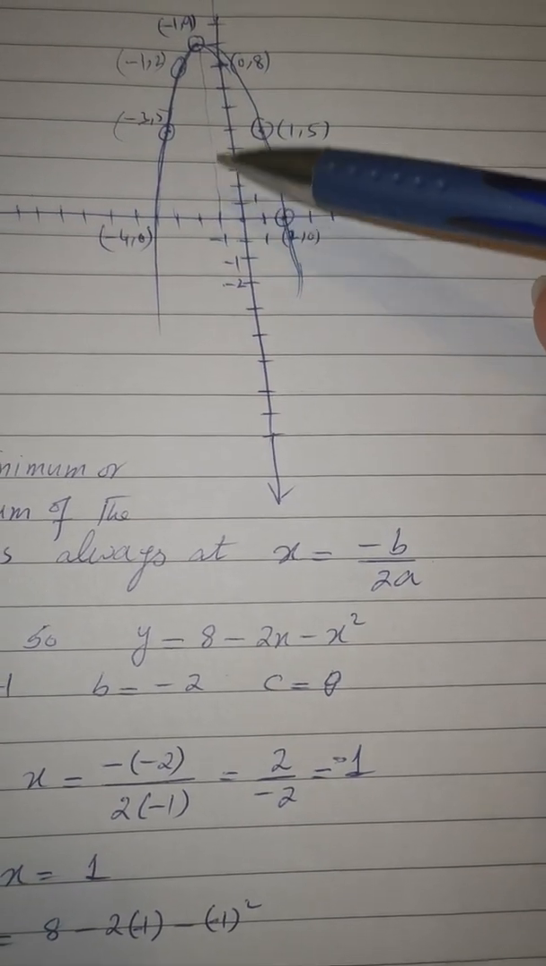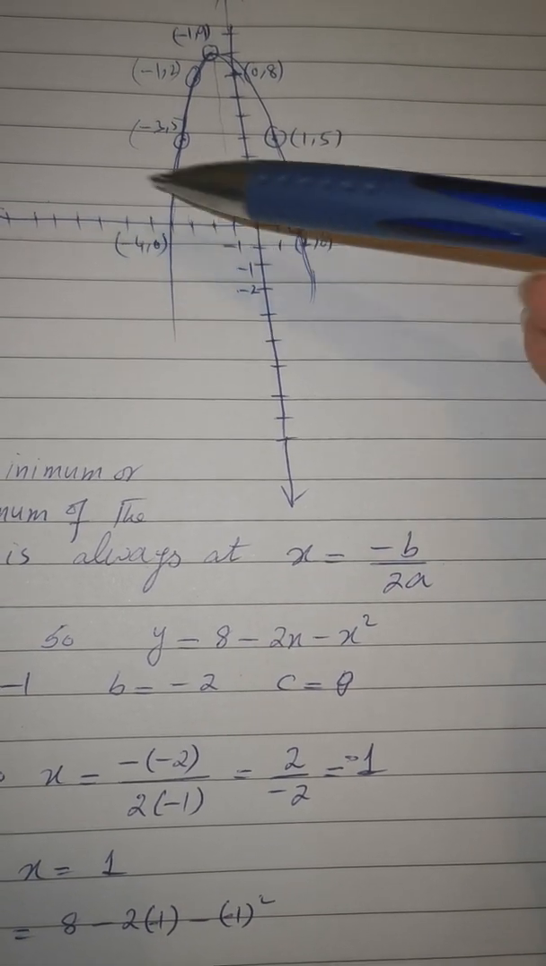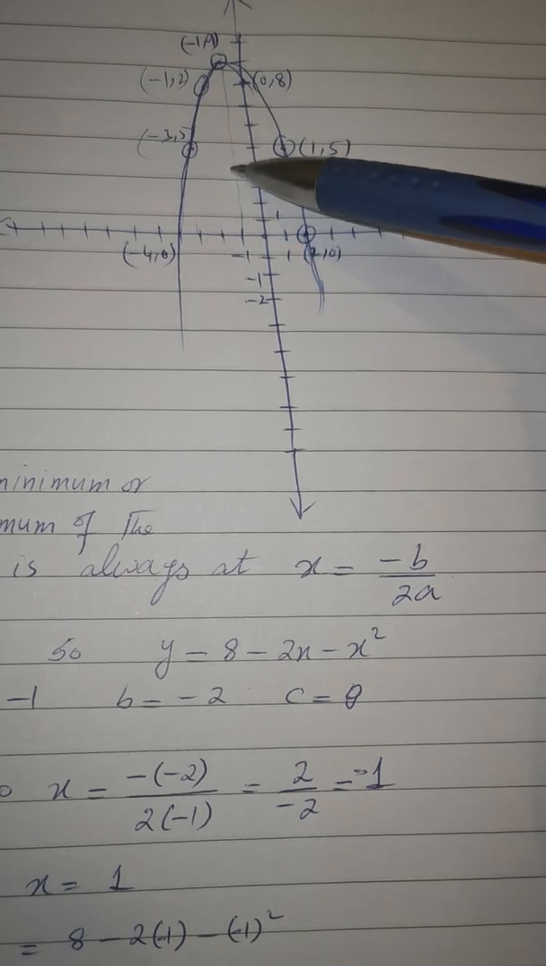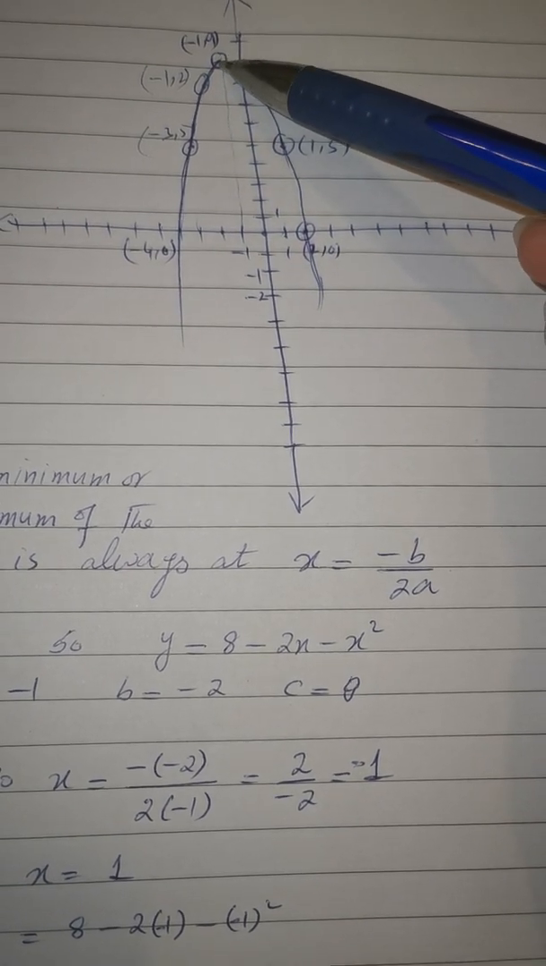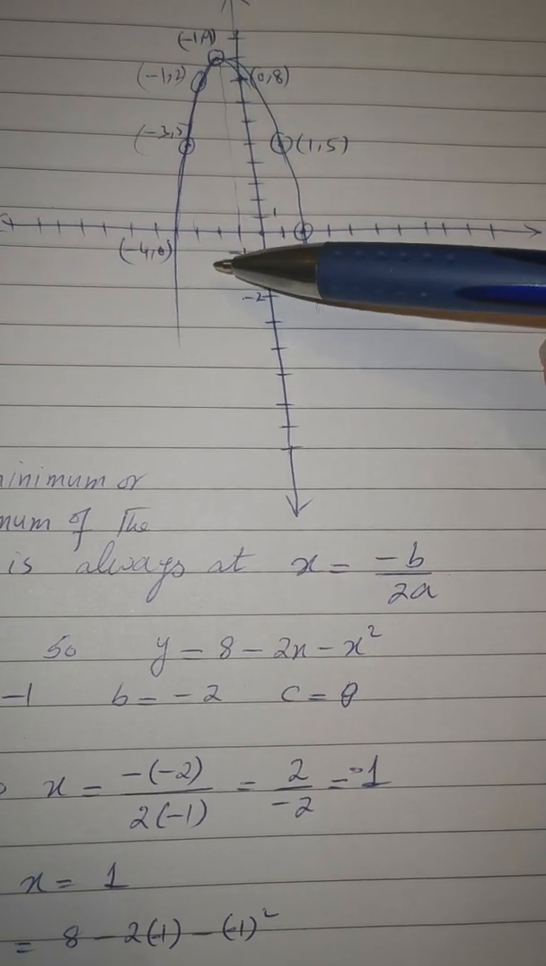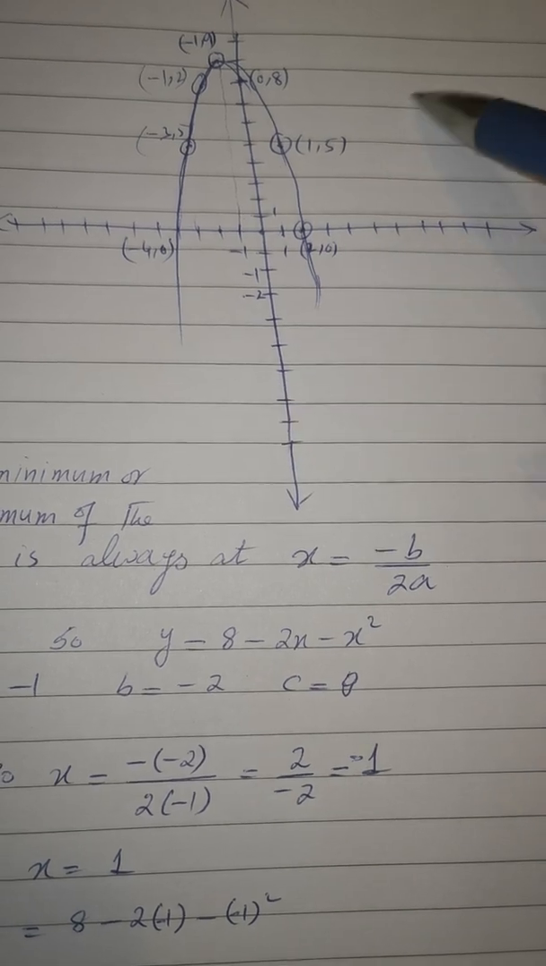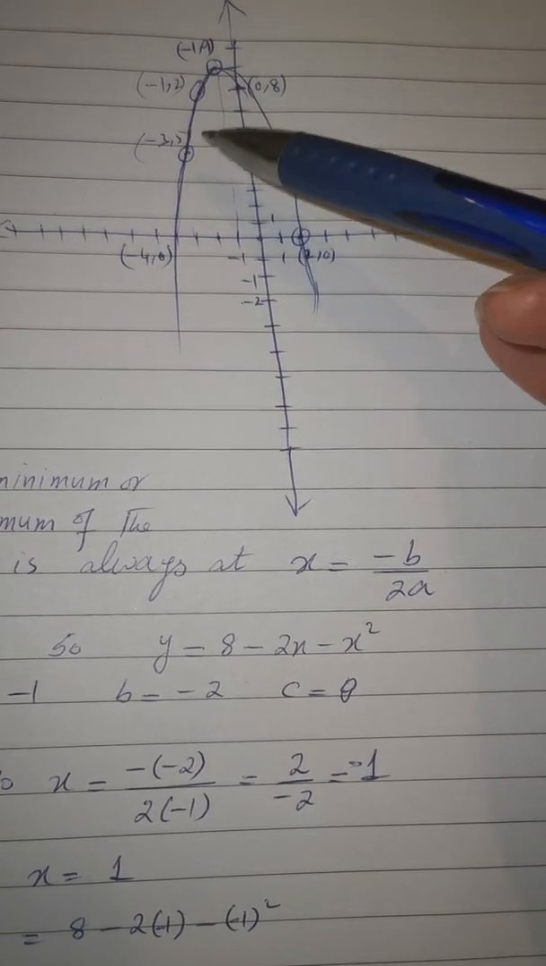Then your next point is minus 1, 9. You will go to the left side because these are minus numbers, minus 1, and your y-axis goes up to positive 9, so here is one point. Then your next point you will draw is minus 3, minus 40. When you draw these points